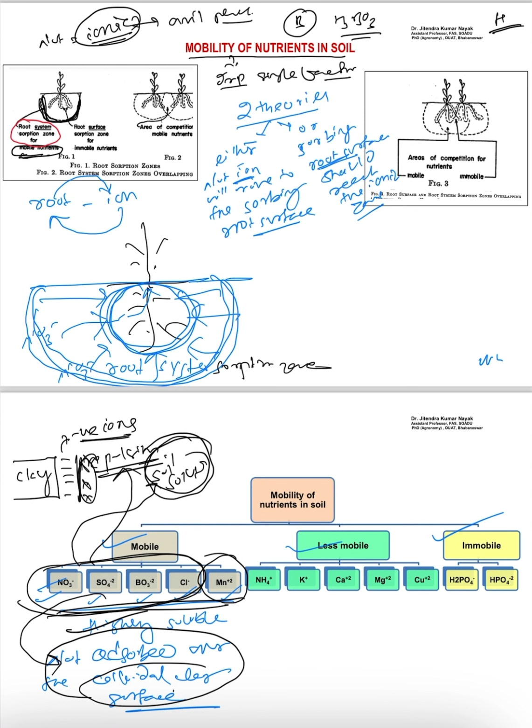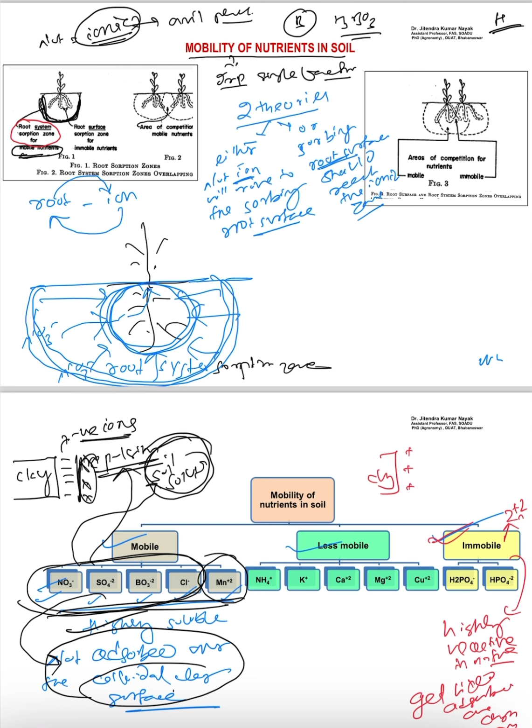Okay, and whenever we go towards immobile nutrients, immobile means these ions are highly reactive in nature, and these ions get fixed, or we can say adsorbed, over the clay surface. Suppose H2PO4 minus, and here zinc, another immobile cation, Zn+2, is also immobile. Suppose we see the clay particle here, and over the clay particles, as you know, both positive as well as negative charges are there, and whatever the positive charges are there,